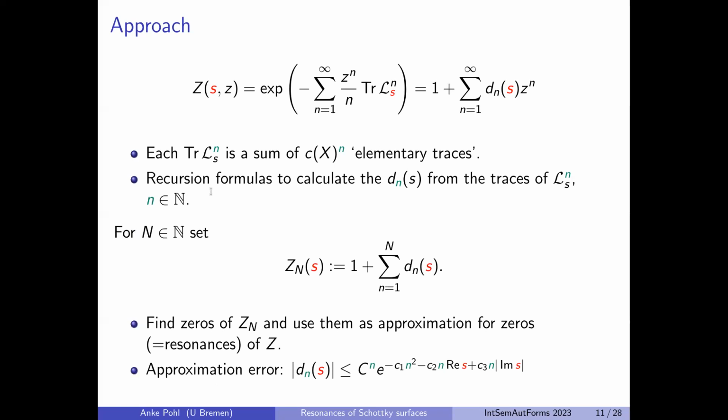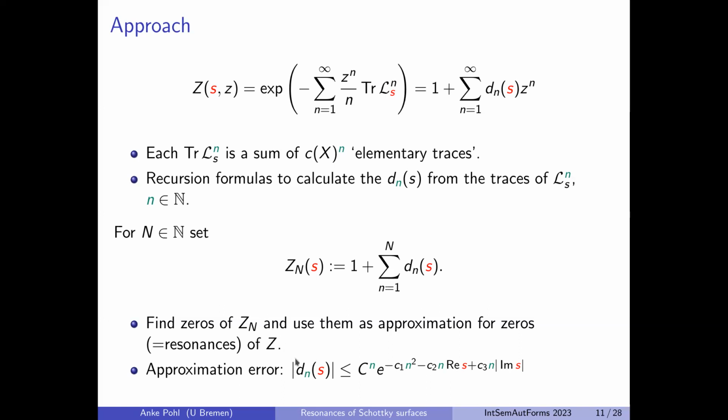Okay, so the idea to approximate the zeros of the Selberg zeta function is to use this formula up here, put the z back to 1 and just chop it off at a capital N, which is sufficient for the approximation which you would like to have. So instead of calculating zeros of the Selberg zeta function right on the nose, which is difficult numerically, you use this formula down here, which is a finite formula, and try to find the zeros here, which is still a slight problem, but it's much more compact.